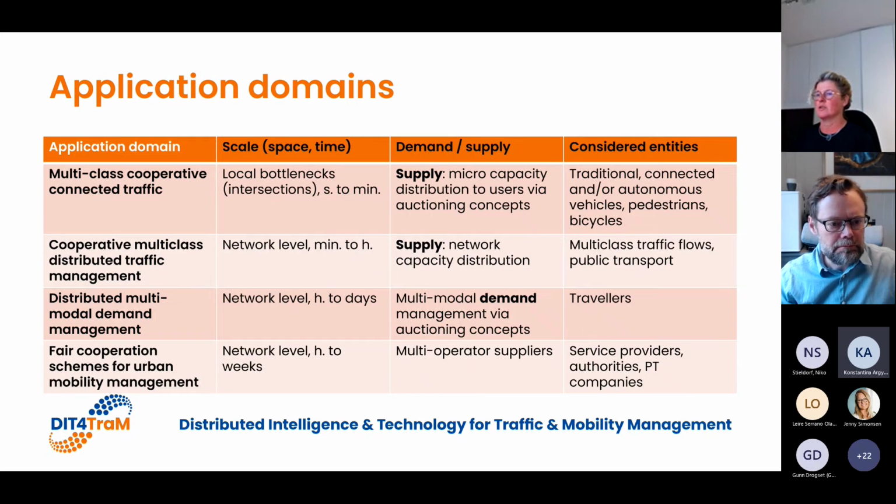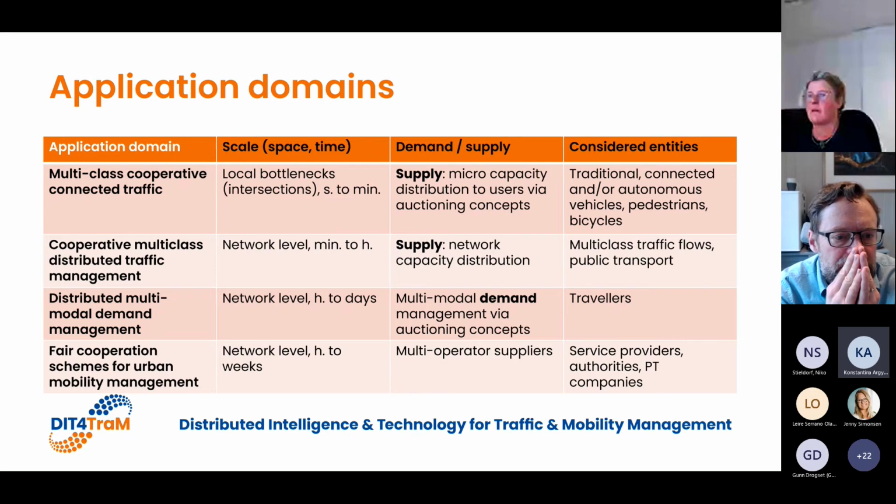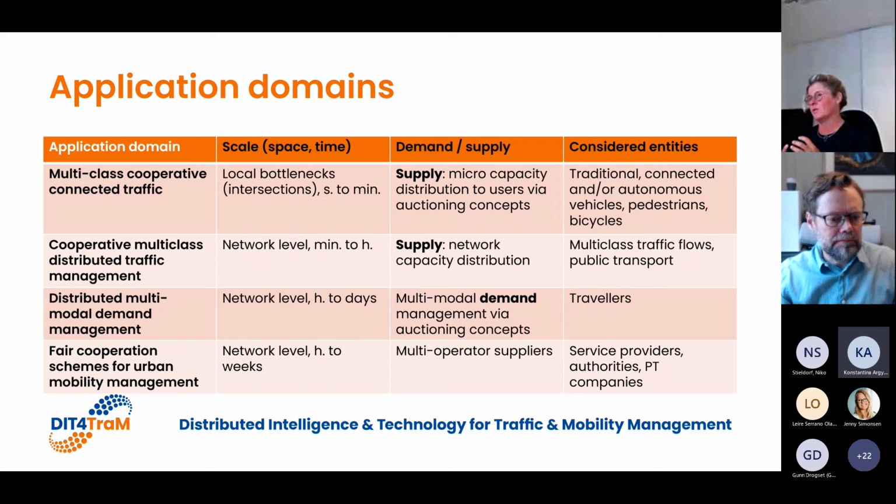The table might look a bit complex, but what you see on the left are the 4 main application domains that we're looking into. These application domains differ with respect to the time and spatial scale that we're looking at, whether or not we're looking at demand or supply, and the entities that we're considering. So if we look at the first line, the multi-class cooperative connected traffic, we're looking at local intersections. The time scale that we're looking at is seconds to minutes, and it's basically looking at the supply side, how to distribute the capacity to the different users of that